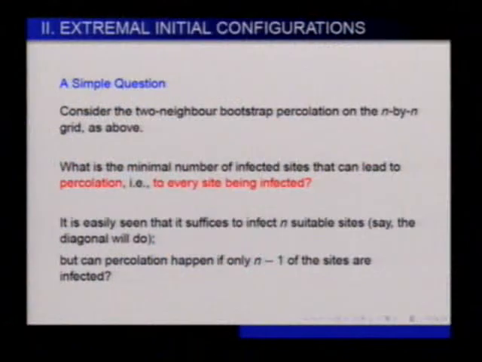And the main question is, what can we say about percolating configurations? Okay, first let me say a few words about extremal problems. This is not the main thrust of the research on bootstrap percolation, but it has lots of interesting and difficult problems. Okay, so let's consider exactly the percolation I mentioned a minute ago, n-by-n board, two neighbor. At least how many cells do you need at the beginning to infect everything at the end?